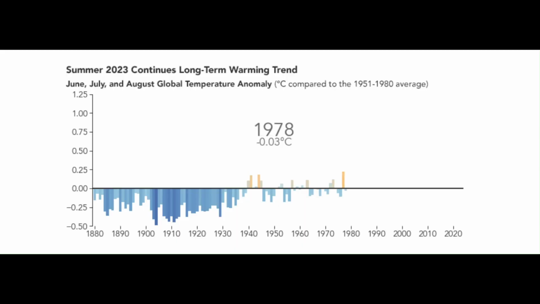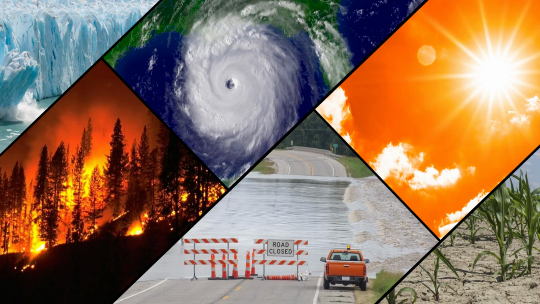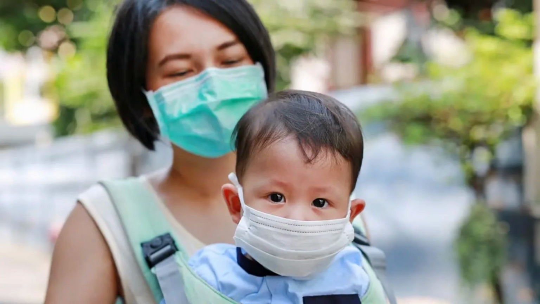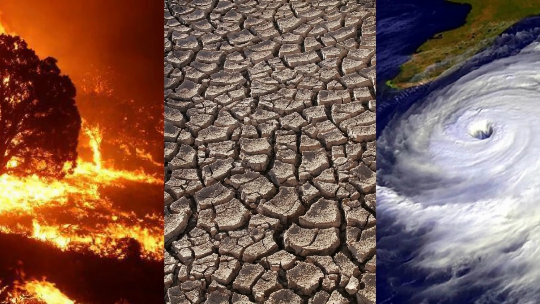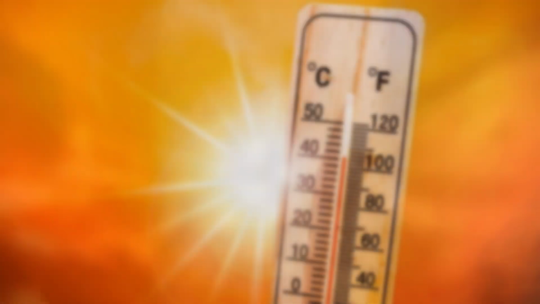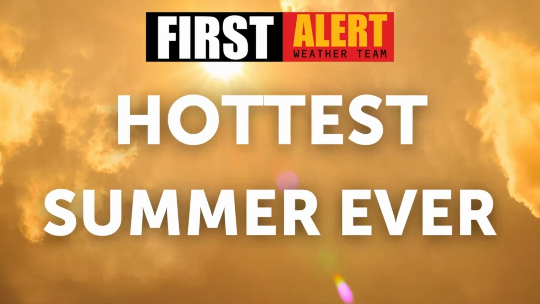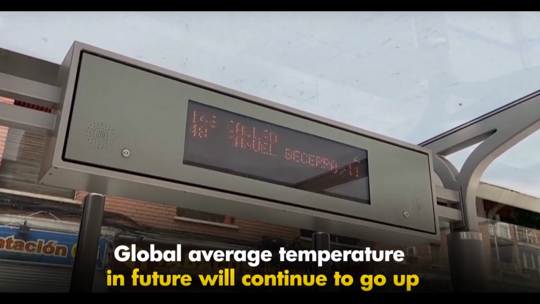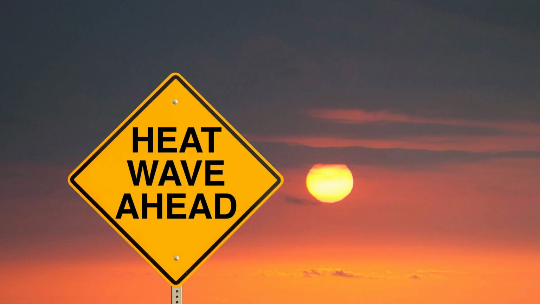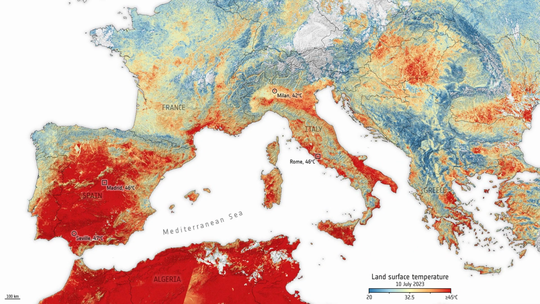Global warming has had significant and increasingly severe effects over the last decade, impacting various aspects of the environment, human health, and economies. Here are some of the major effects observed. Rising global temperatures. The past decade, 2013 to 2024, was the hottest on record. Each year within this period has ranked among the warmest years ever recorded, with 2024 continuing this trend. Heat waves have become more frequent, intense, and prolonged, affecting regions that previously had moderate climates.